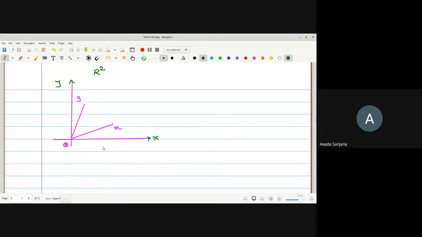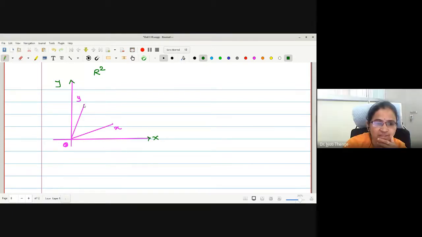Between x and y. How between x and y? Should I join this x and y together, and plot it somewhere on the line joining? Should I join this x with y, and that x plus y will occur somewhere on that line joining. Is it so?